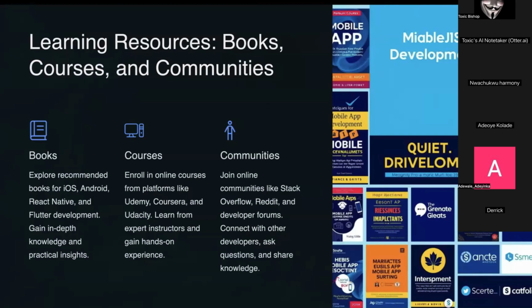Personally, I prefer Udemy. I don't know why, but yeah, I prefer Udemy. And sometimes YouTube is enough. And then books are important, like reading books, documentation to be precise. I know a lot of us don't like reading documentation, but it is an essential part of development. So we have to learn how to read documentation because there'll be some stuff that you want to implement